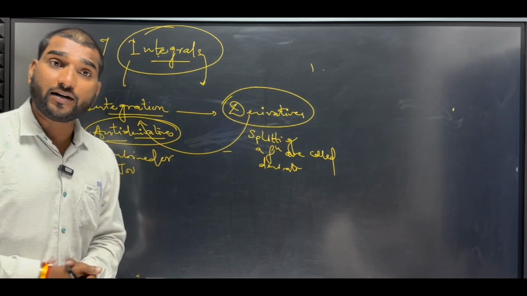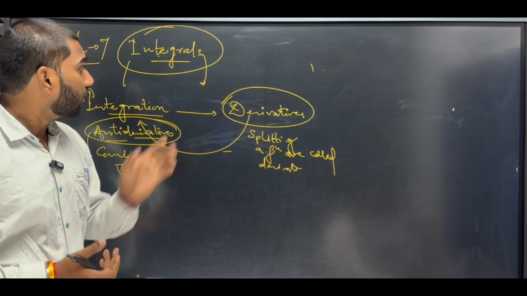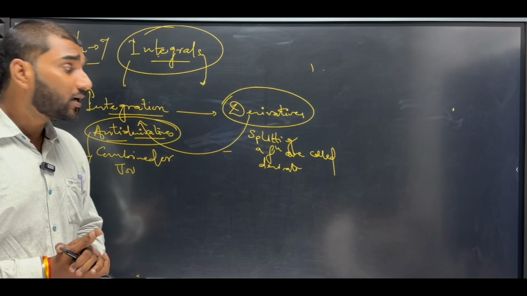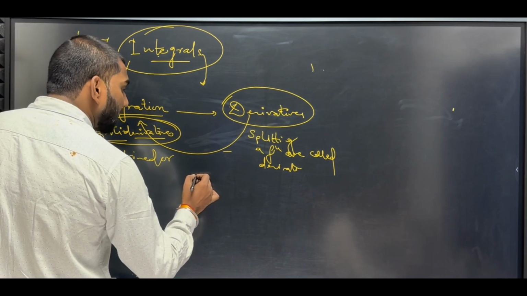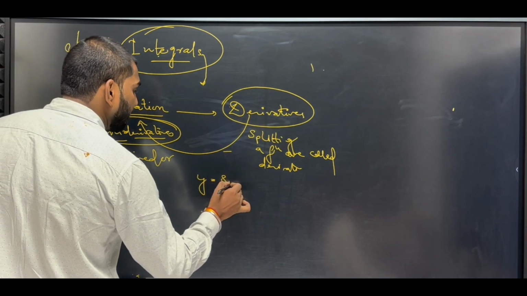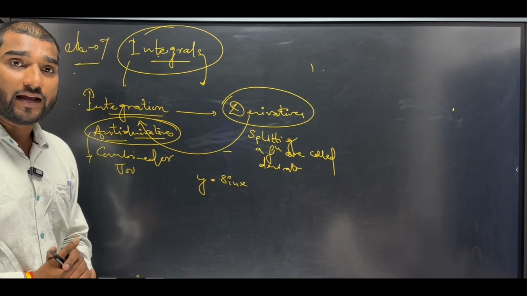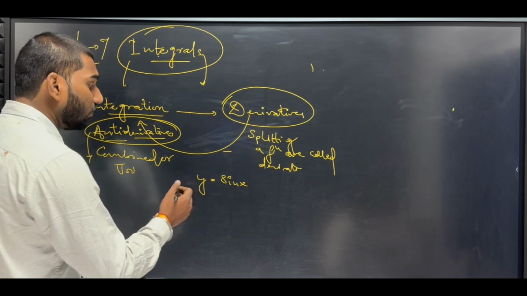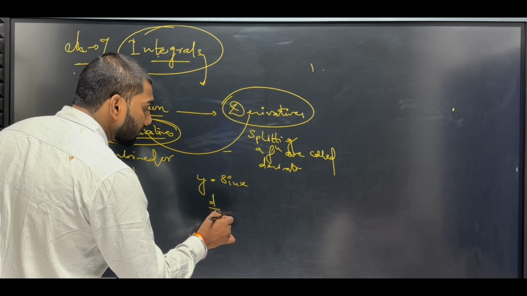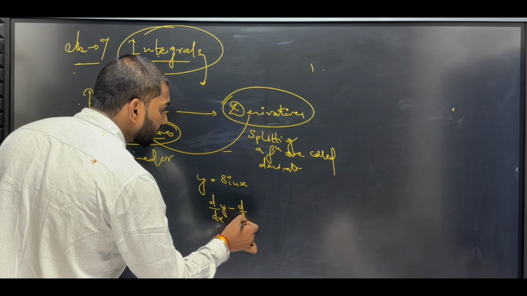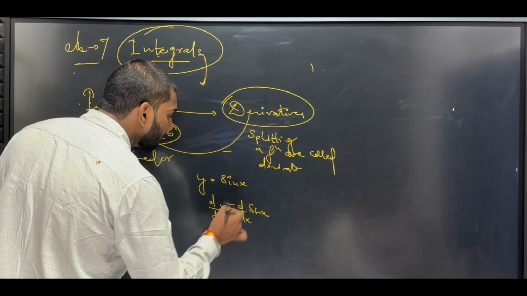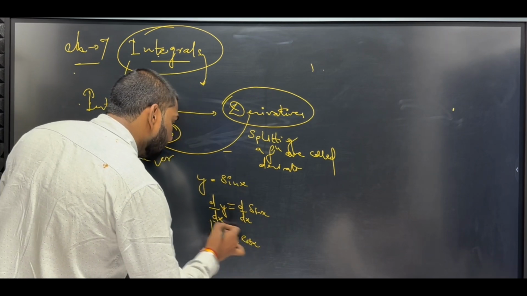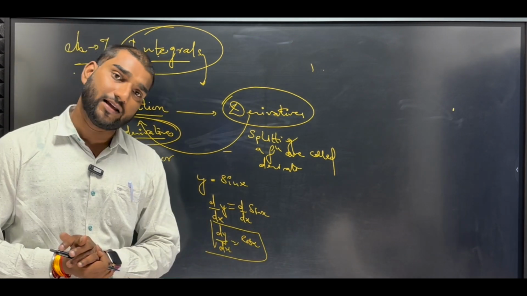Right now, what is the representation of the derivatives and the integration? How can we write and explain the derivatives and the integration? For example, let us take the function y is equal to sin x. What is the derivative of the function with respect to x? We can write dy by dx of y, which is dy by dx of sin x, and that is equal to cos x. Sir, yes, I already learned this in class 11th.